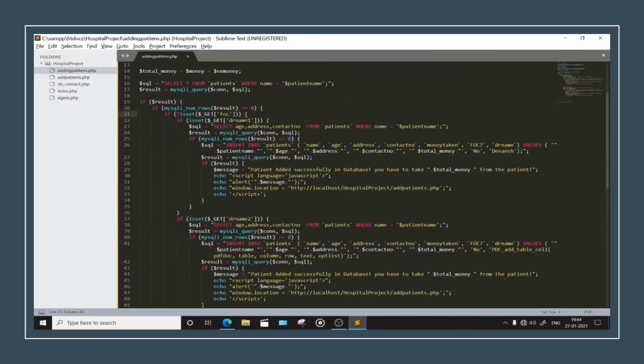Fine. Now I want you all to complete it if free of charge is considered, right? If it is set, if it is selected. Fine. I just want you all to complete until that place. Just skip one else if here. Fine. I want you all to complete till this place. Fine. Okay. So we have completed till now.